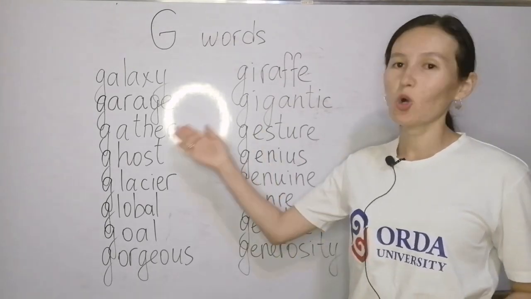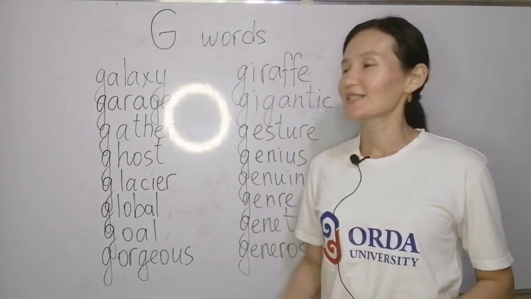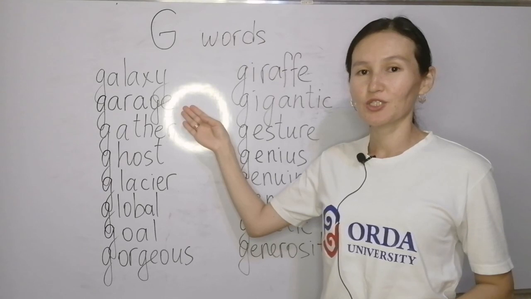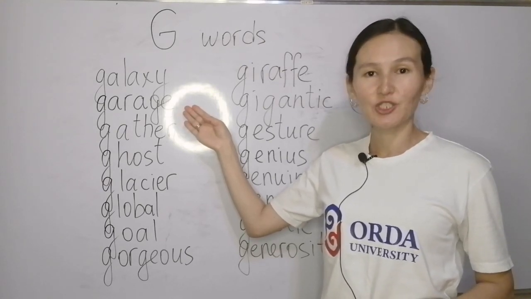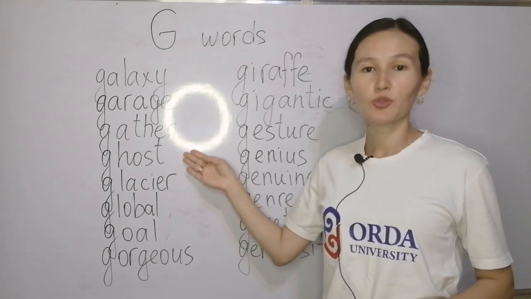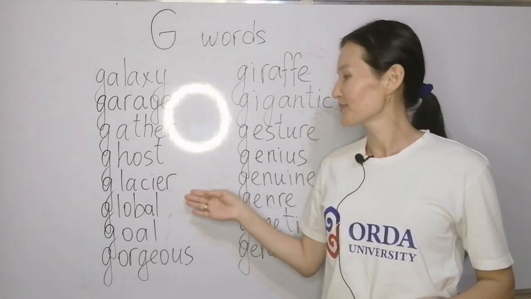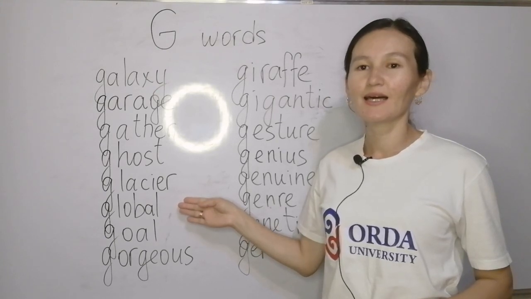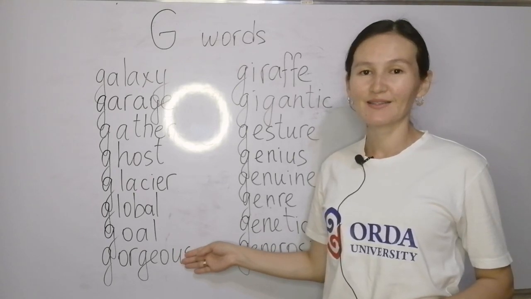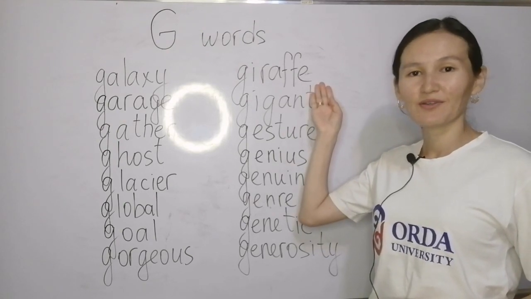Okay, let's review all the words one more time. If you want to, you can repeat after me. So, galaxy, garage, gather, ghost, glacier, global, goal, gorgeous, and next, giraffe,